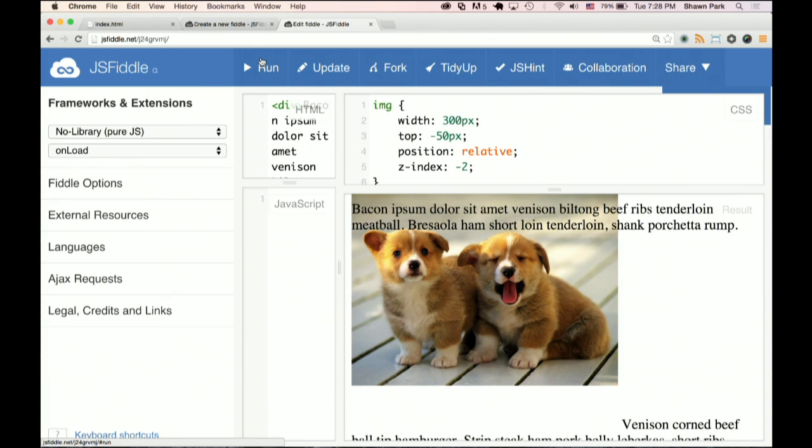Question? So the question was, is z-index assigned by the position of the tag in HTML? You know how the puppies were in front by default?